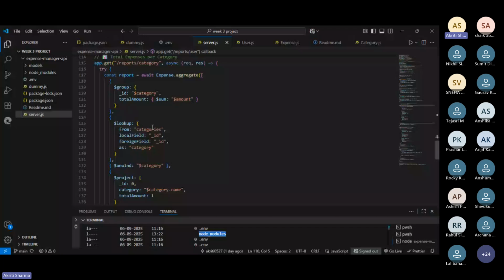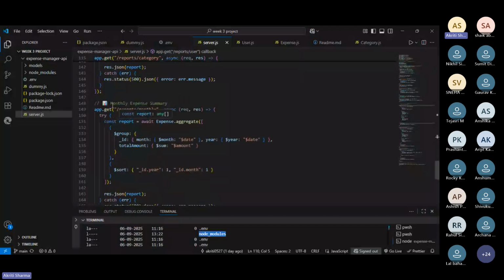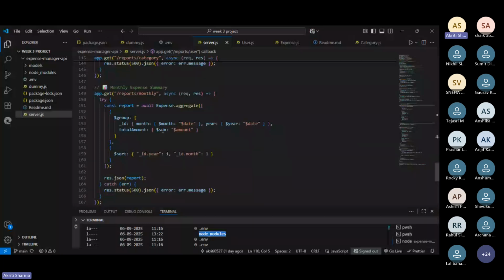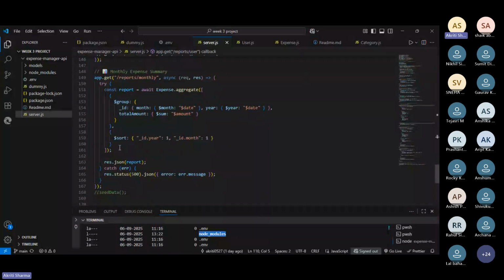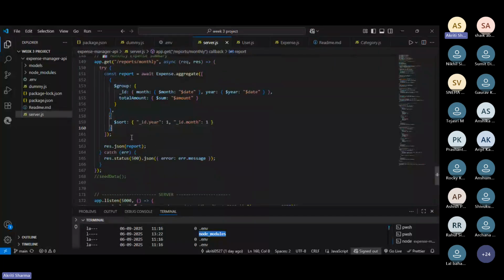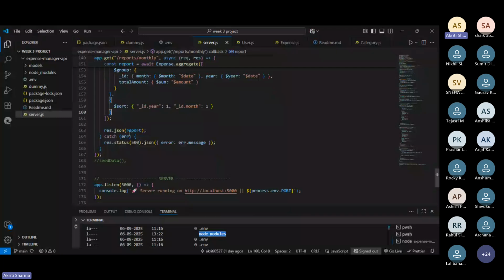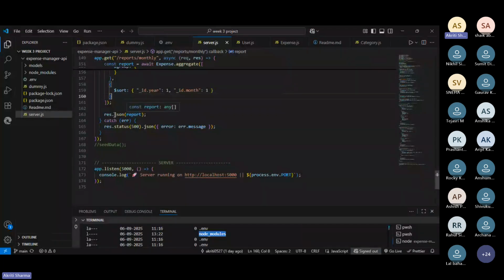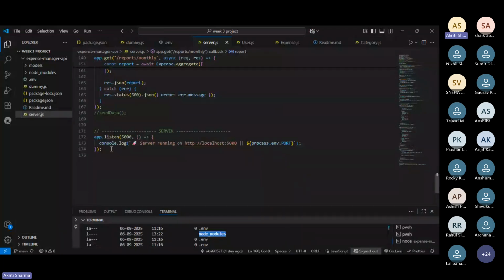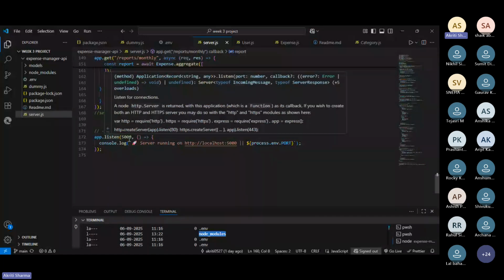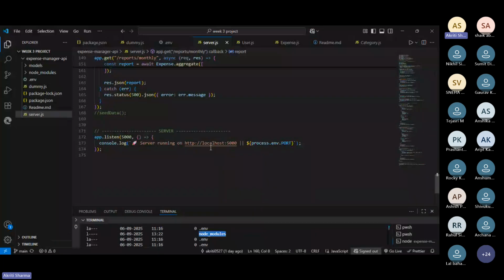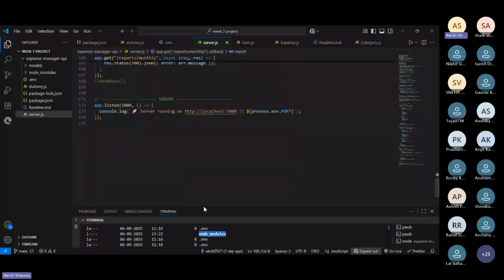And in the same way, I created a section for monthly expenses per user, in which I use the same aggregate pipelines group and sort in order to sort the expenses and give a JSON response. And after that, this is the server section where we listen at port 5000 and it consoles that the server is running on this port.